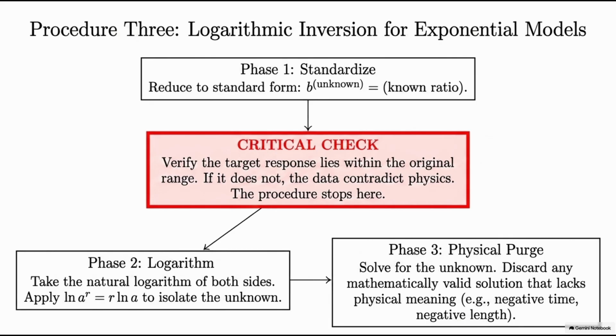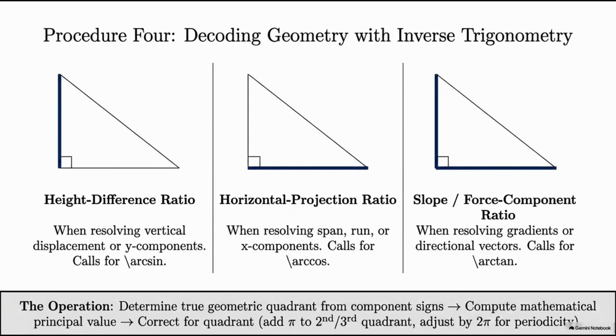Take the natural logarithm of both sides and solve for the unknown parameter, while discarding non-physical results. Procedure 4 guides inverse trigonometric calculations. First, classify the geometric ratio. Height differences call for inverse sine, horizontal projections call for inverse cosine, and slopes or force components call for inverse